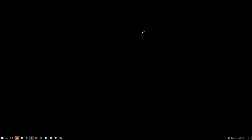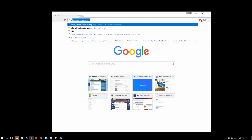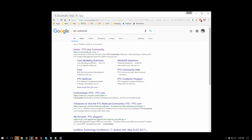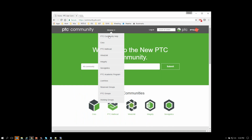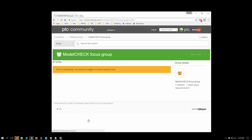There is a focus group, so those that have been part of the TCs will see that on the PTC community, there is a focus group around ModelCHECK. If you want to be part of that, go to the home on PTC community, browse, and there are working groups. If you click on working groups, you can see there is a ModelCHECK, in this case called focus group, and there is